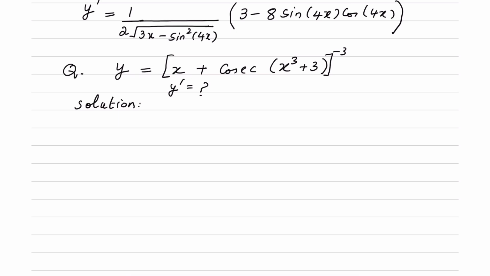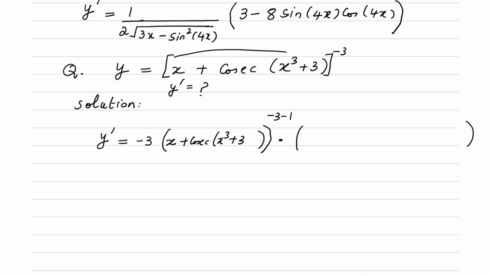Whenever there is a whole power on an expression and we have to find its derivative, we can start by applying the power rule. What does the power rule do? It brings the power on the side, keeps the inside expression as it is, and subtracts 1 from the power, and then multiplies by the derivative of the inside term, which is this. So the derivative of x is 1 plus, since the cosecant derivative is minus cosecant x cot x, minus cosecant, but